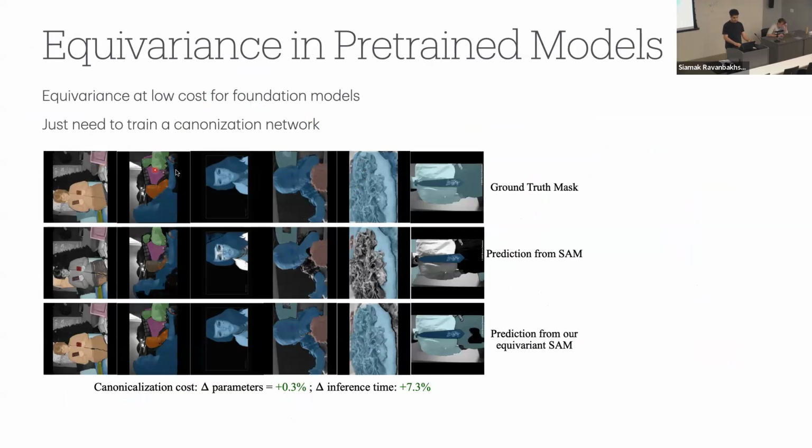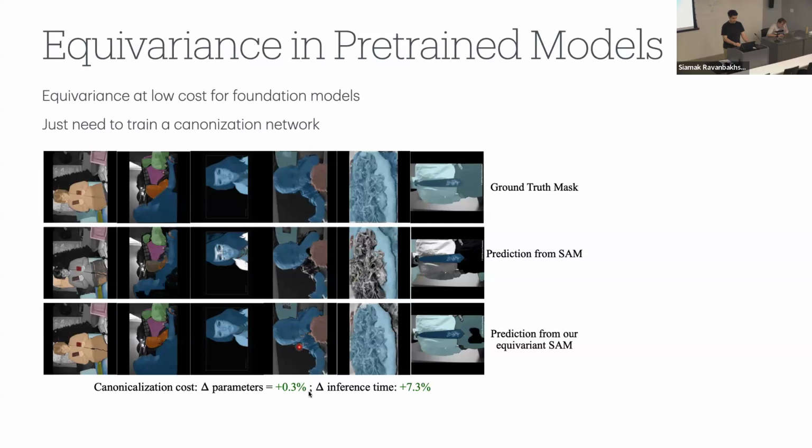So here's an example. This first row is the mask generated for images. This is a ground truth mask. It's actually the mask generated by the Segment Anything network, where the image was fed to this network in its usual, normal orientation. But if you rotated that image and fed it to Segment Anything, it would screw things up. If you add canonicalization and learn a canonicalization, basically, then you can get pretty much similar quality as the original